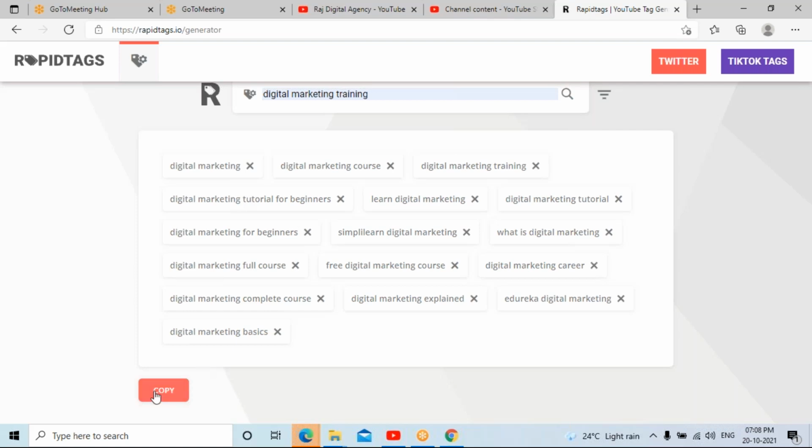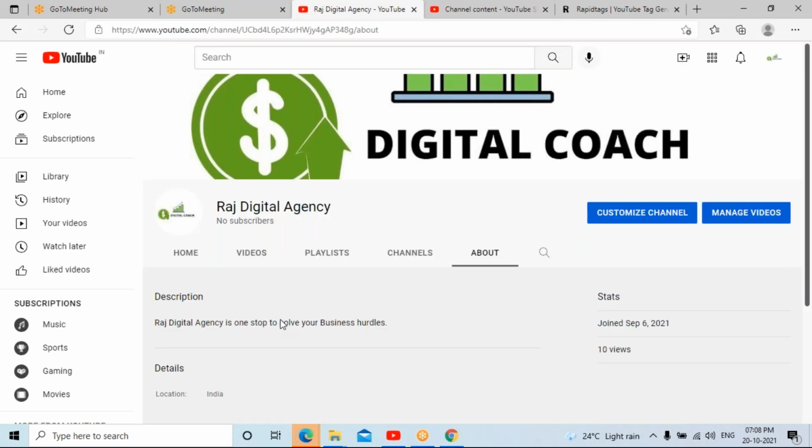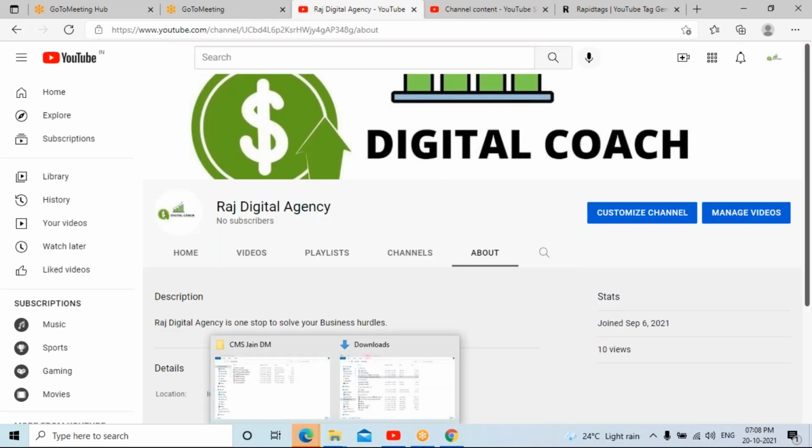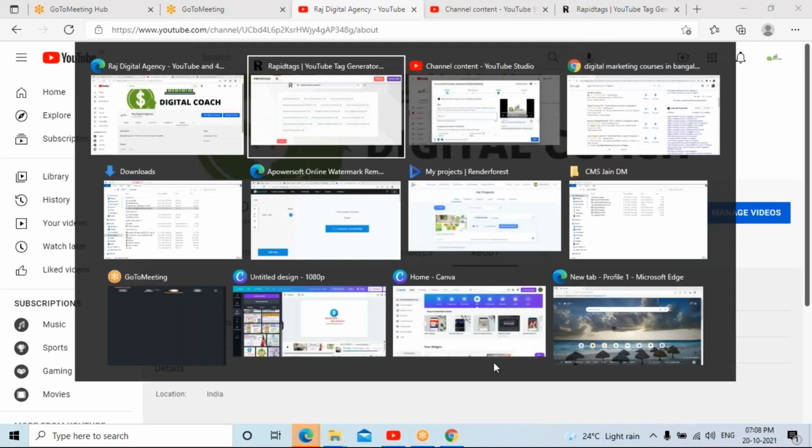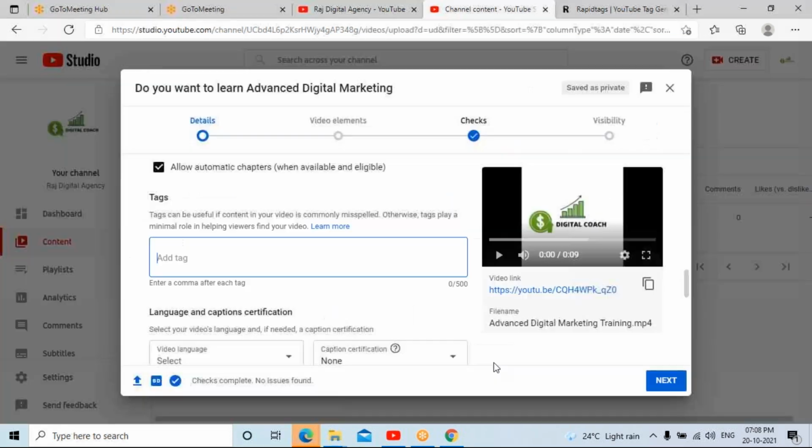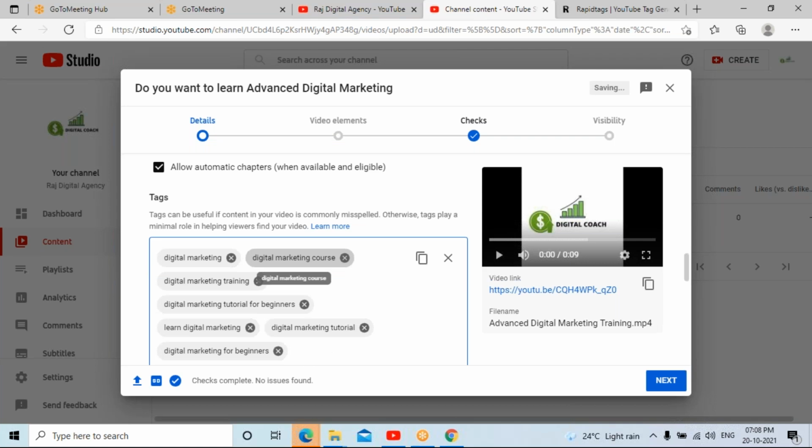So you can copy all these tags and paste them over here. Make sure that it has the right keywords which are relevant to your content. If it is irrelevant, please remove it.